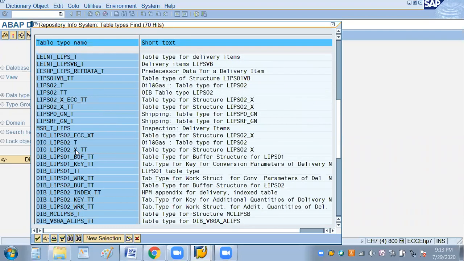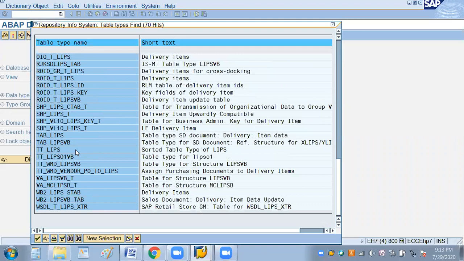TT_LIPS. So we can utilize this one, or else tab_table_lips. This is exactly the correct one which we are looking for. Is there any other? No, fine. So we can use this one, copy this one, close,